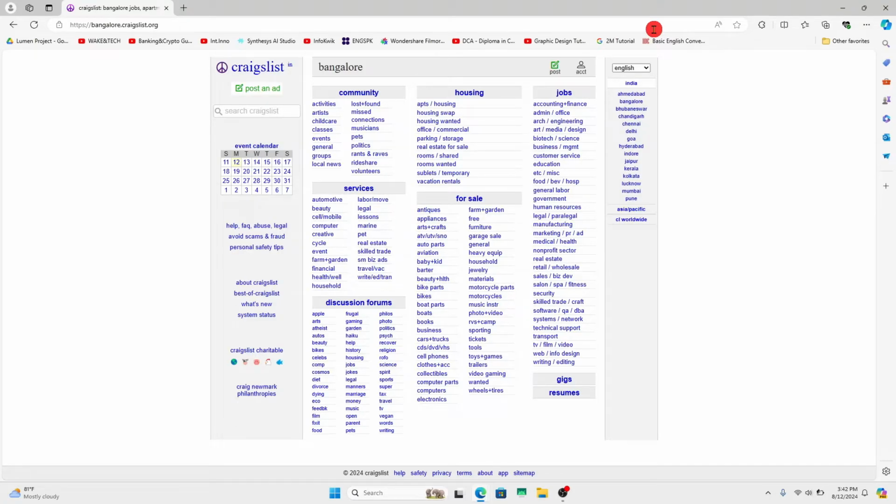Now if you haven't logged into your account already, click on the account icon at the top right corner and proceed forward with your credentials. After you are logged in using your email address and your password, you will end up within the home page once again. Now, if you wish to post a job, then click on the Post an Ad option and